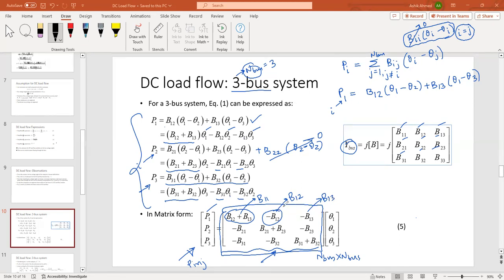Now, how am I going to calculate this? Let us see. So B11 is simply the summation of reactances. We will use the reactance elements, and we will take the inverse of that. That is the susceptance. Remember, B entries are simply the susceptance of the lines. So when it is self-susceptance, I have to write it like this: 1 upon x12 plus 1 upon x13,